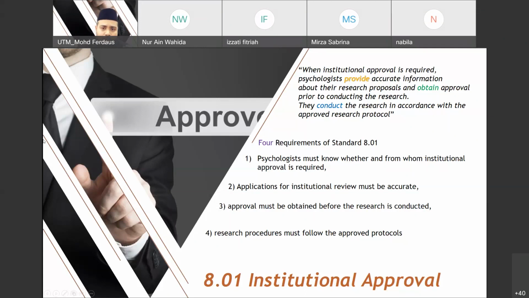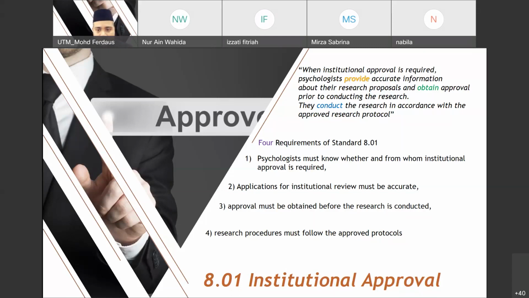Yes, okay. What happens if you suddenly need to change your data collection? It happens. For example, this is what happened previously, at the beginning of PKP, when COVID-19 pandemic started and the control order was implemented. We cannot move, we cannot come to work, so a lot of research basically has been stopped.